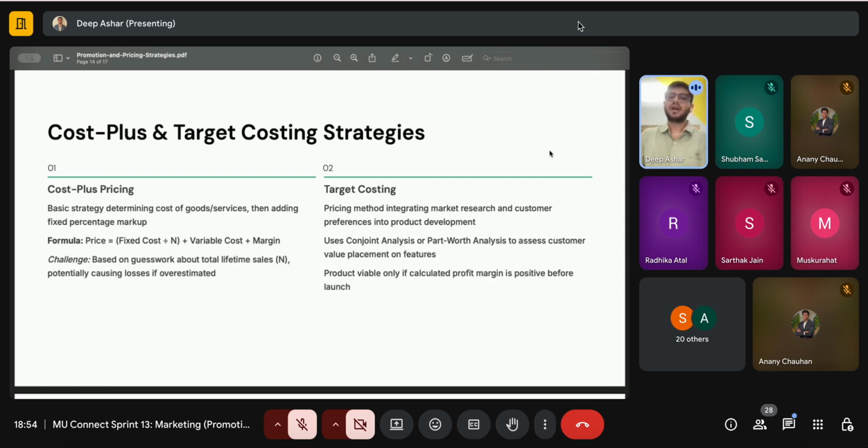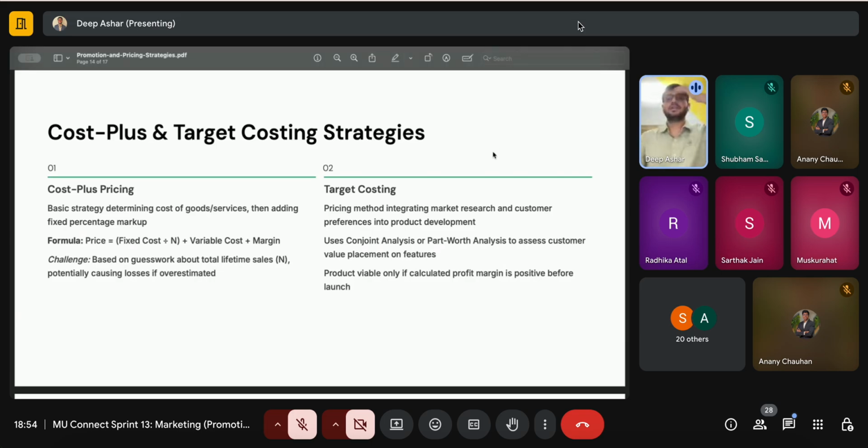Say if I know that my overheads are going to be at least 20%, then I'll keep a margin of 30 to 40% as my margin, which is going to be my direct profit. So this is your cost plus pricing, which a lot of us already know, and we have learned in the economics class. The target pricing, target costing is a very different one that Sir had taught, where it's a